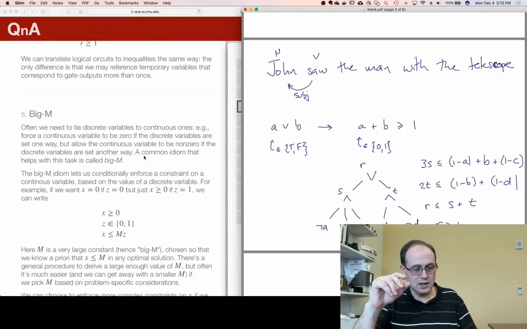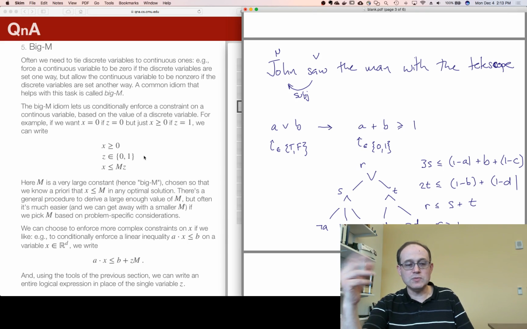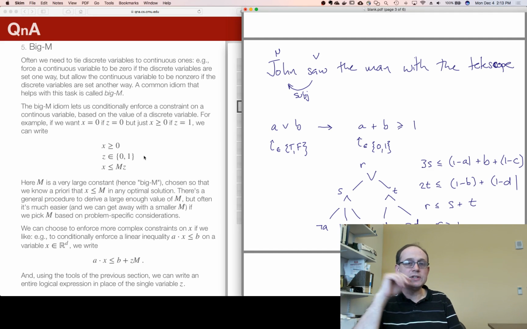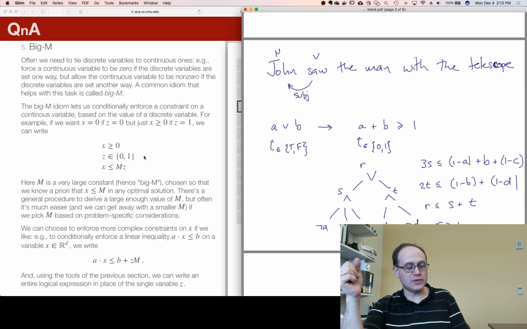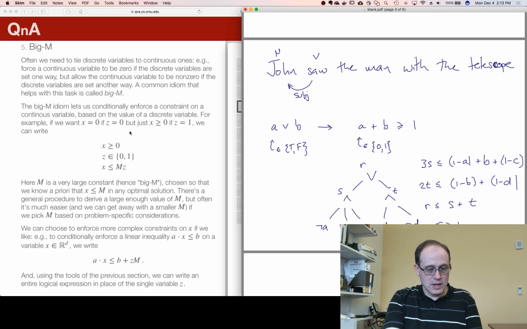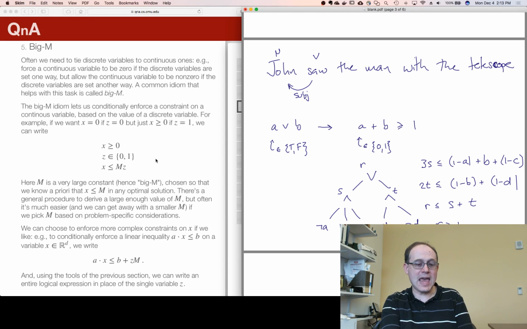All right. So, another example of how to do modeling in a mixed integer program, a task that we often need to do is to connect our binary variables to our continuous variables. For example, we might want our continuous variable x to be 0 if our discrete variable z is 0, but we might want x to be just non-negative if z is 1. And so we can enforce that using what's called the big M trick,